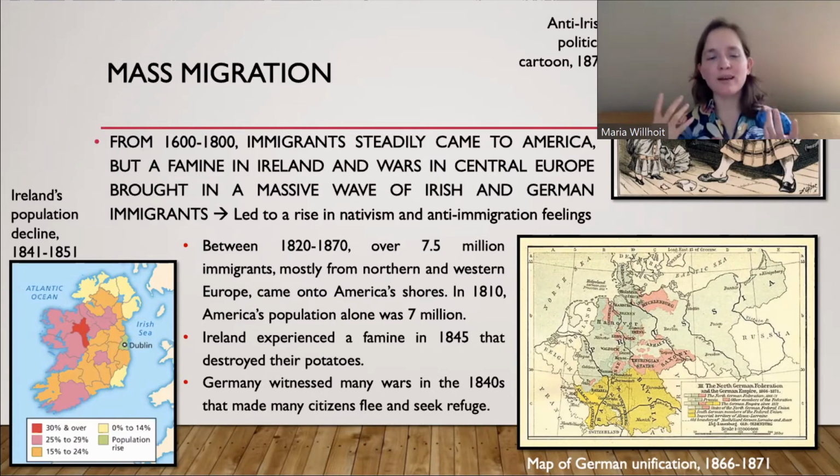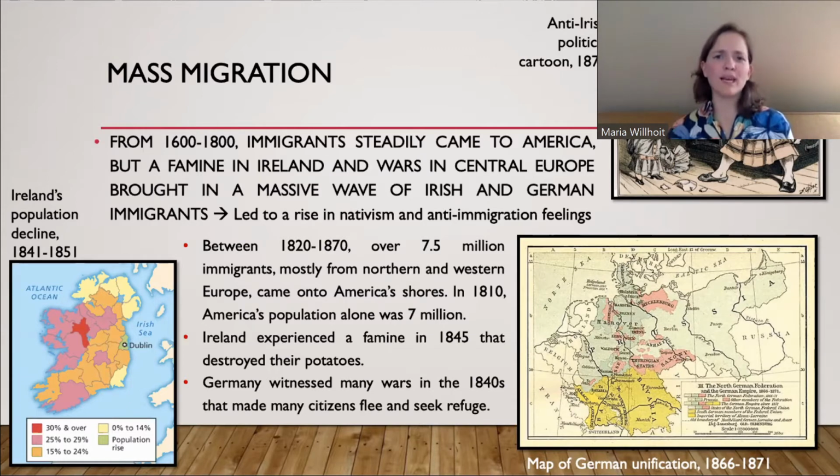And unfortunately, with any historical period or events, you're always going to have usually a negative reaction or some sort of reaction. And because of the large wave of Irish and German immigrants, along with other groups of people, we have a very strong rise in nativism and anti-immigration feeling. There's a lot of Americans who are panicking, like, oh my God, these people, who are they? They're Catholic. They follow this man who is a pope. Germans, oh, they're also Catholic. A lot of German Catholics come too.